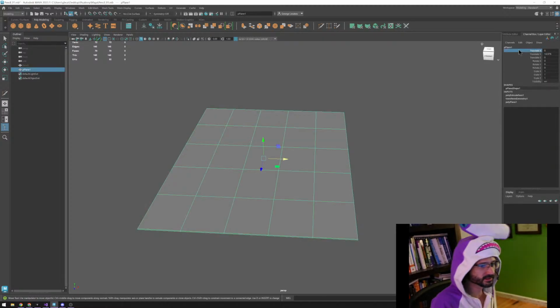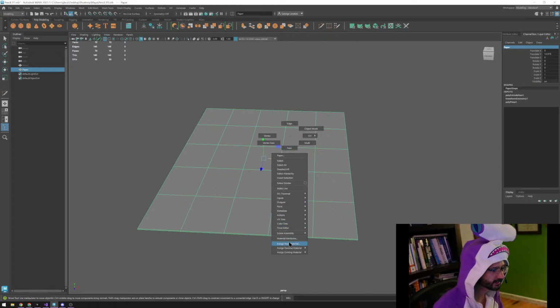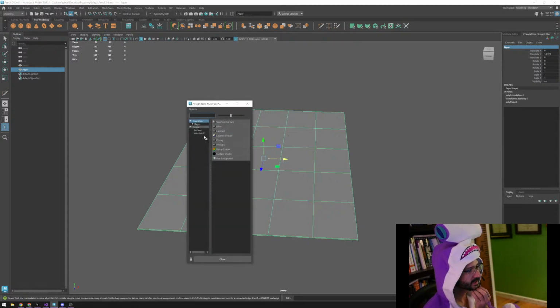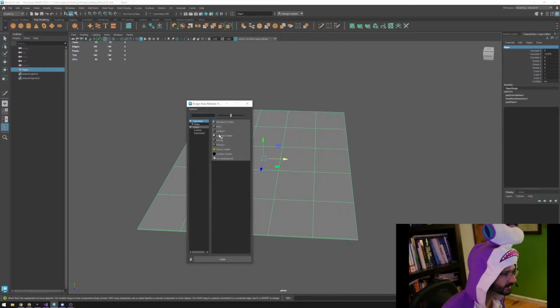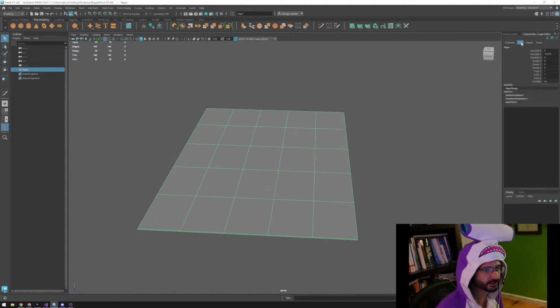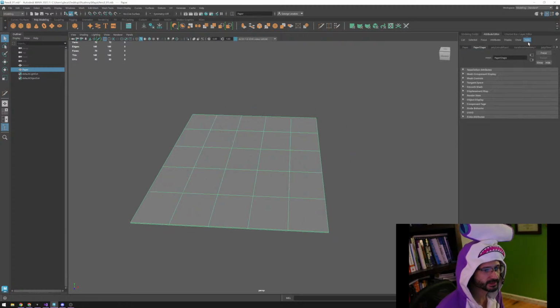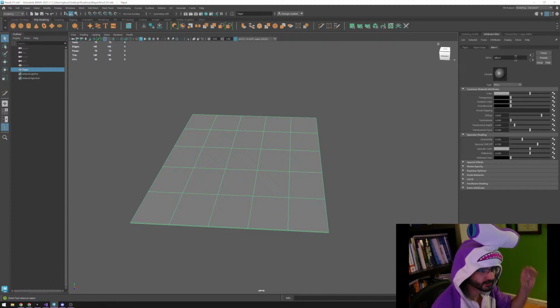So we have this. Let's call this paper. Enter. Let's right-click. Let's assign a new material and call this paper. That's not what I want. Let's do a Blinn or Lambert. It doesn't matter which one. We'll go with James Blinn for this one. And we will call this, let's see, attribute editor, edit, delete all by type, history. Go here. We're going to do a paper and